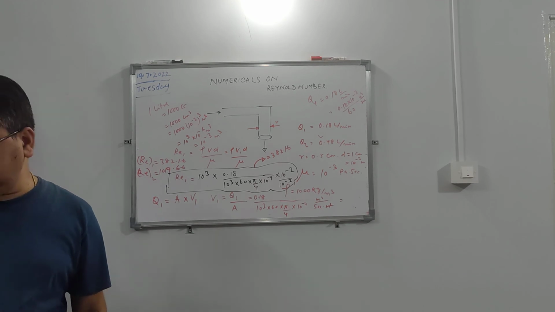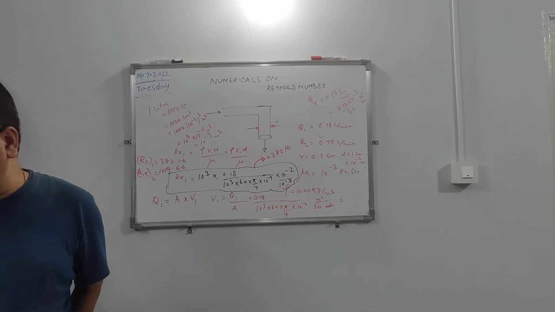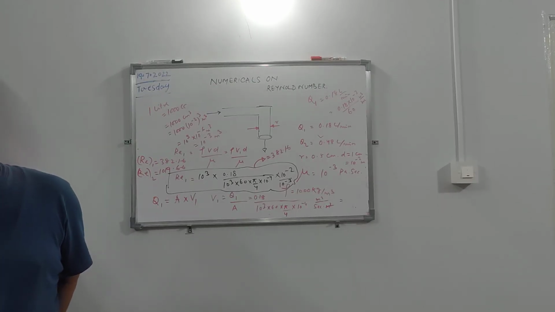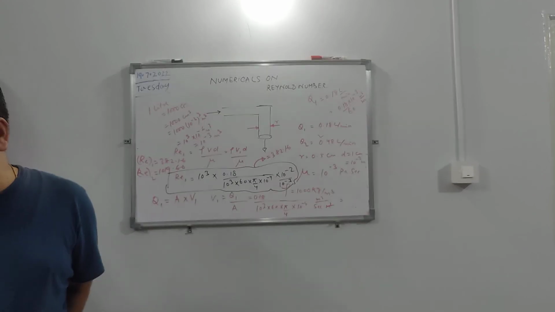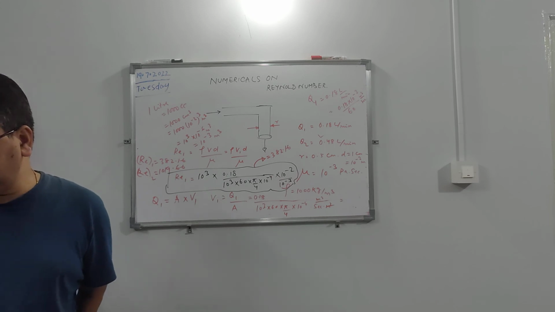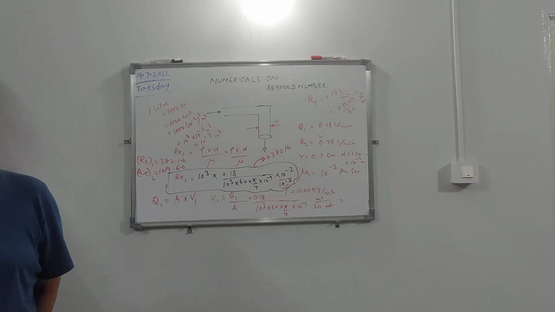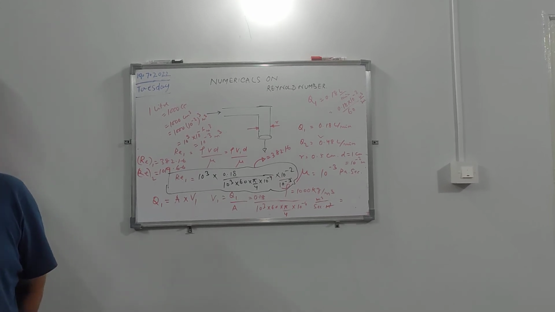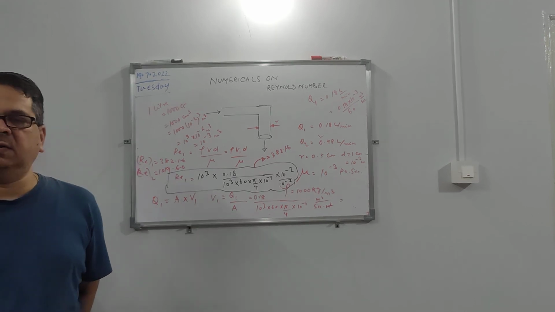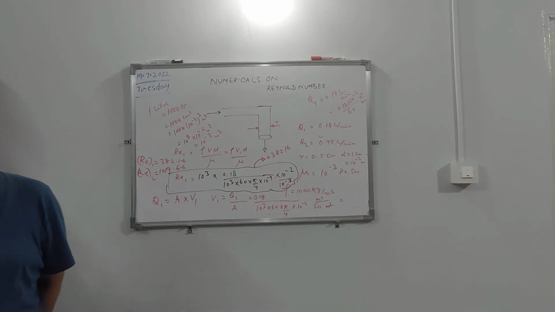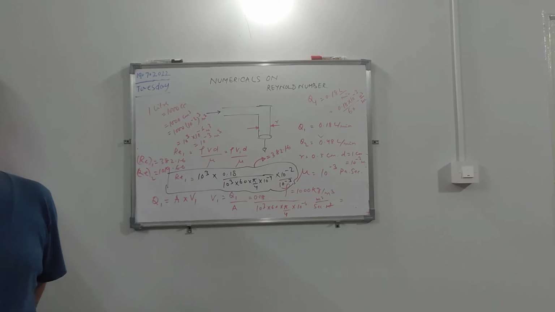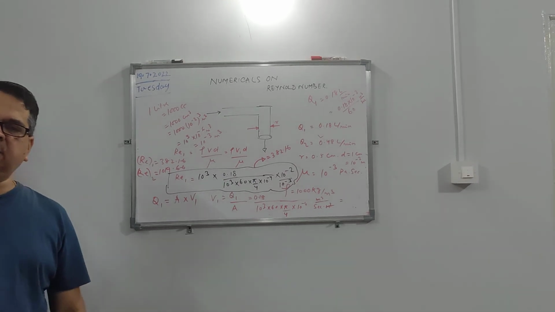So there is another question. Water is flowing through a very narrow tube. The velocity of water below which the flow remains streamline is known as: the options are relative velocity, terminal velocity, critical velocity, particle velocity. The answer is critical velocity. It is not relative velocity. And terminal velocity, what we have studied,